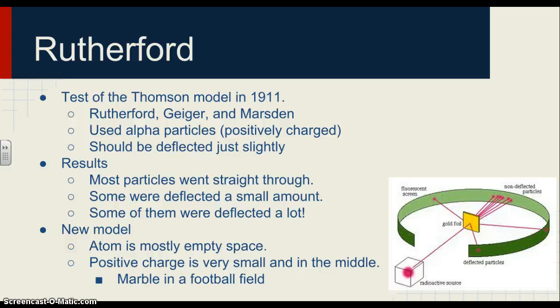So that actually explained a whole lot. It helped make better predictions, but now there was a problem. Where was the negative charge? If the nucleus is so small and the atom itself is so big, where was the negative charge? You can pretty much guess then that it would have to be around the nucleus, filling up some of that empty space, but where exactly?